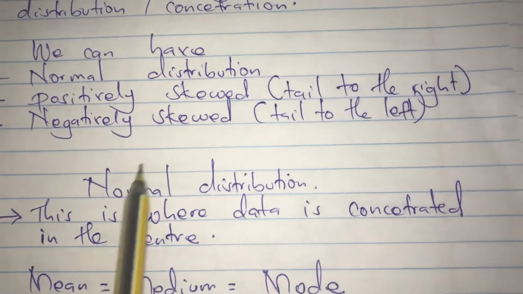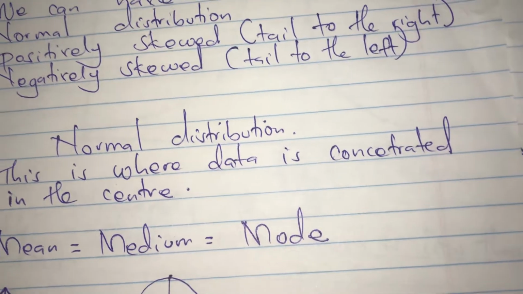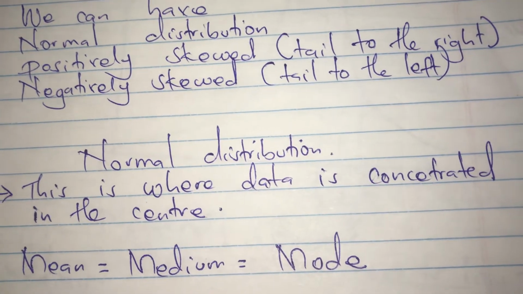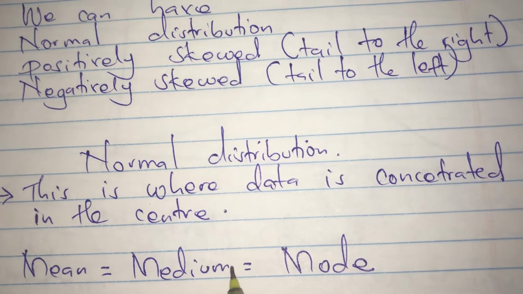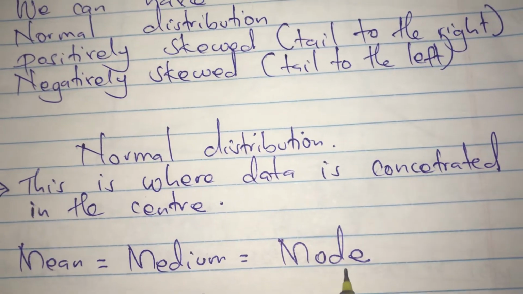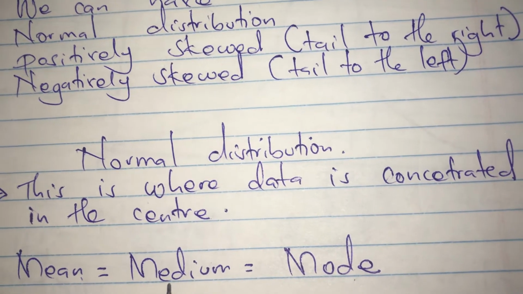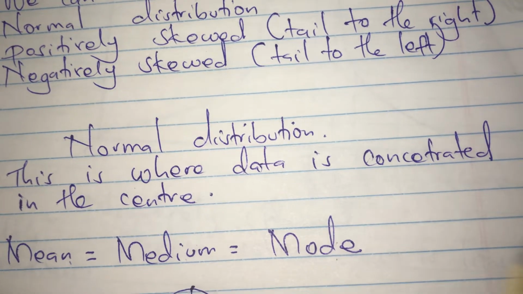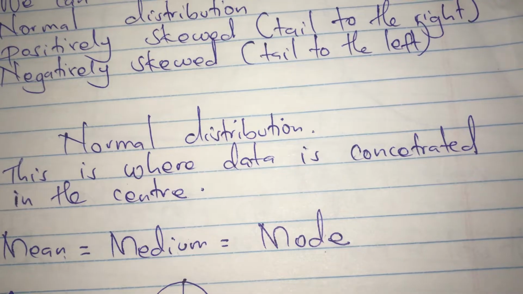Normal distribution is where data is concentrated in the center. And for a normal distribution, in case you're given a data set, if you calculate the mean, it is equal to the median and equal to the mode. And that becomes the normal distribution of data. Data is concentrated at the center, and the graphical